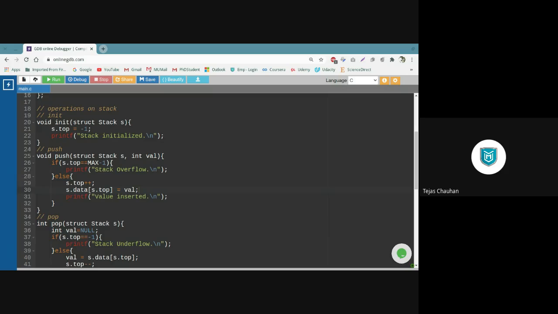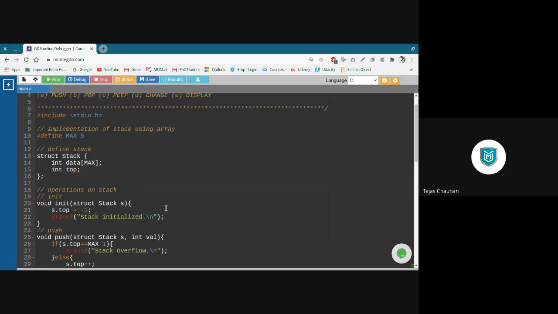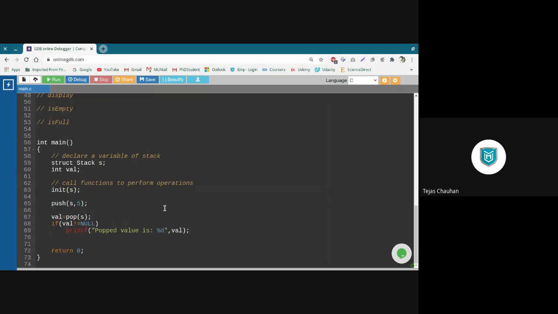Okay, right. So now let me make those changes at every required place. When we declare a variable stack, and when we pass that variable, instead of call by value, we are going to pass it as call by reference.